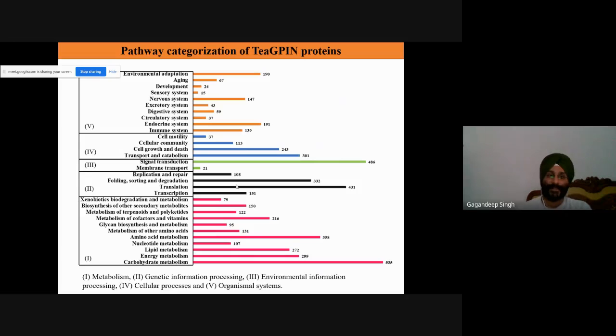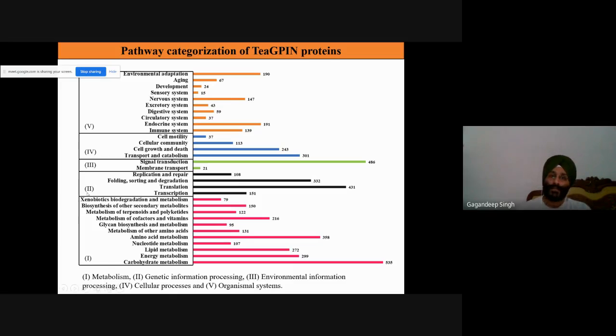Then this is the pathway categorization of these tea plants, where we have identified 5 categories: metabolism, genetic information processing, environmental information processing, cellular processes, and organismal systems. First, which pathway is important and how many genes from our data are related to that particular pathway.